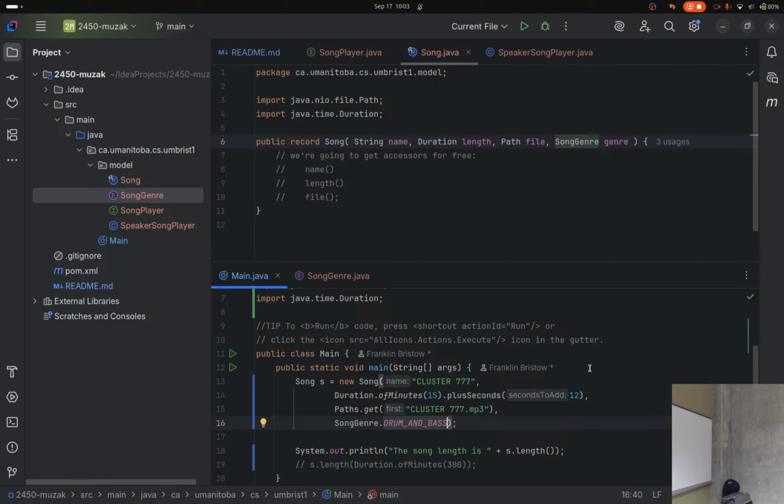Enums are useful when we're describing things where there's a very fixed set of possible options for what this thing can be. These are useful for a kind of thing. I don't want to make a whole class or a record to indicate what genre something is. I want something that's just a limited set of the possible things that you can choose